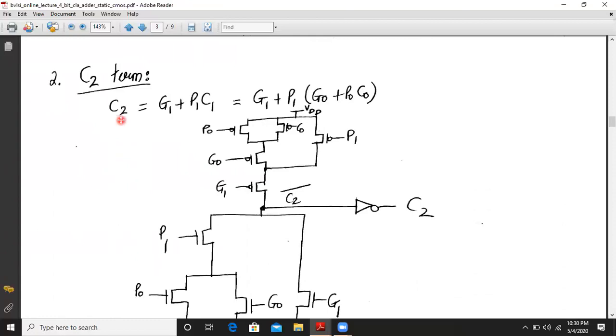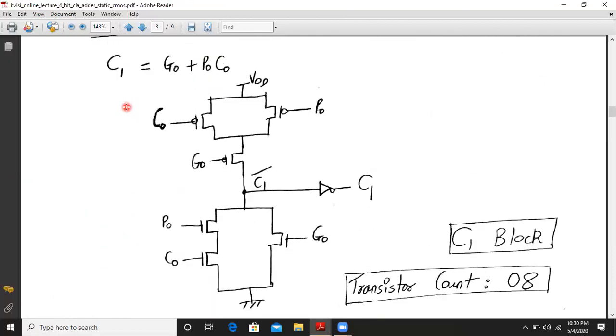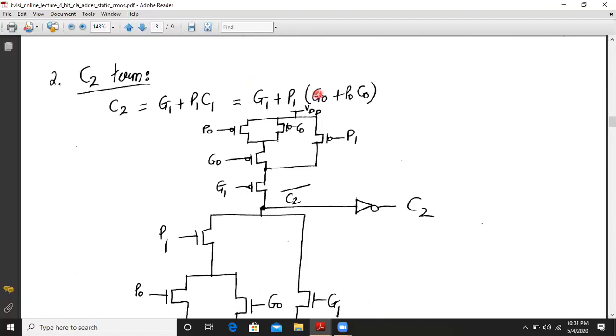So C2 will be given by G1 plus P1 into C1. Now we already know the expression for C1. C1 is G0 plus P0 C0. So directly we can write it over here: C2 is G1 plus P1 into G0 plus P0 C0. So we need to implement this expression now.